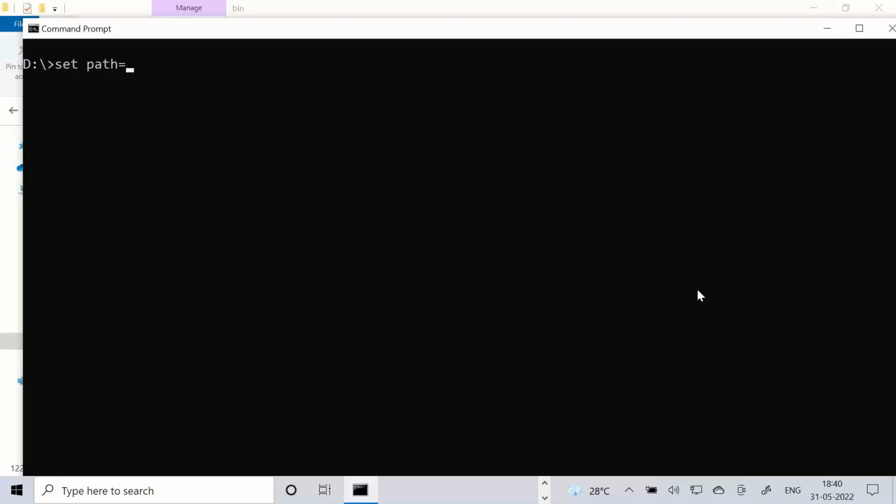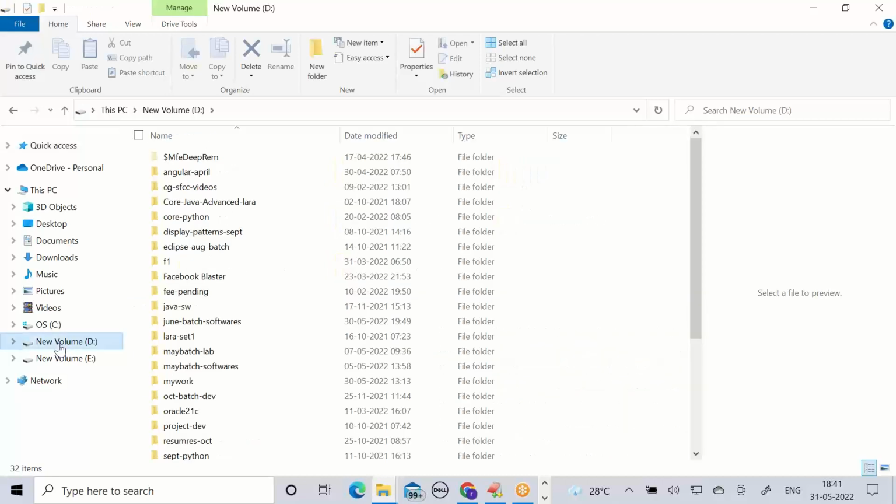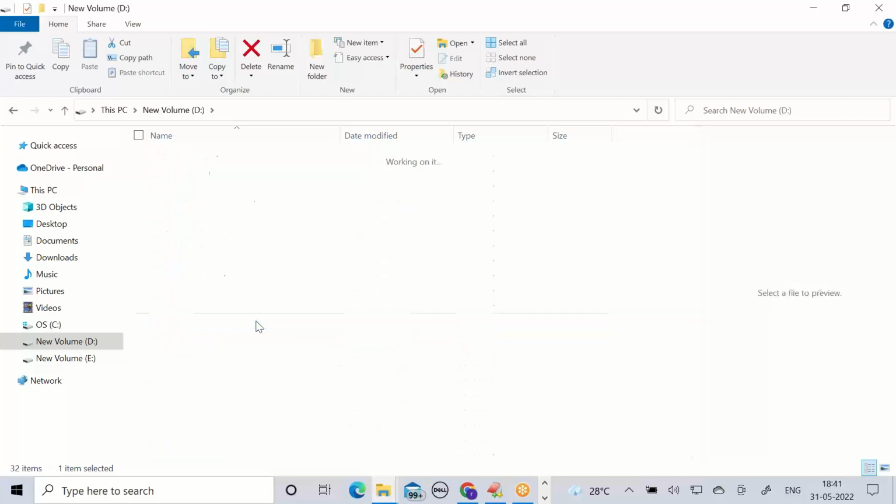Let us consider I am opening Windows Explorer, Windows key and E key. Go to the drive which contains software. In my system, the D drive contains software. Inside the D drive, go to the June batch software.